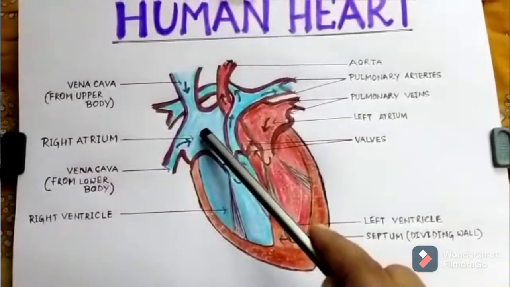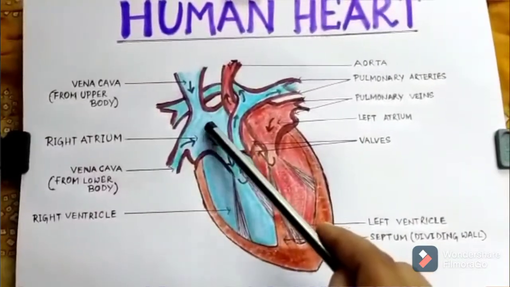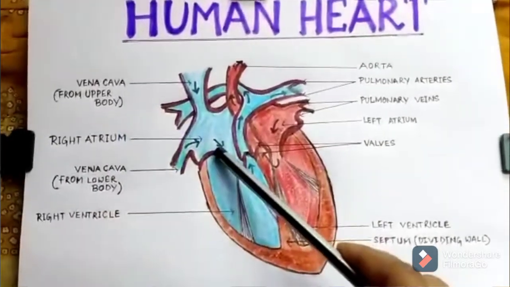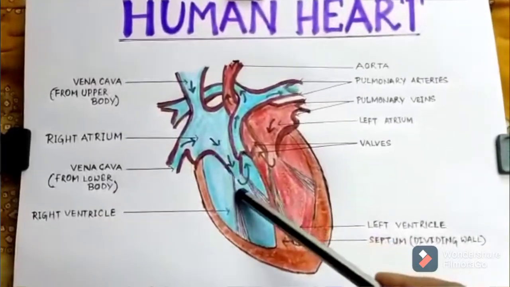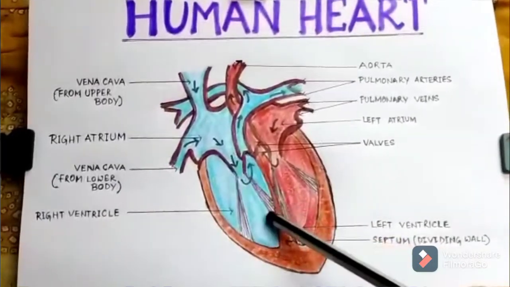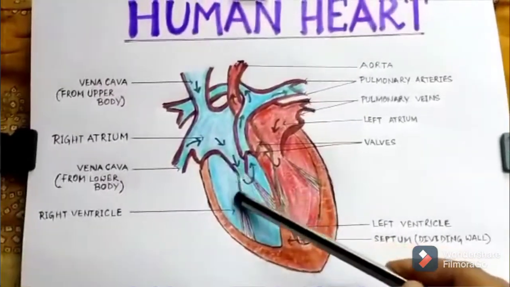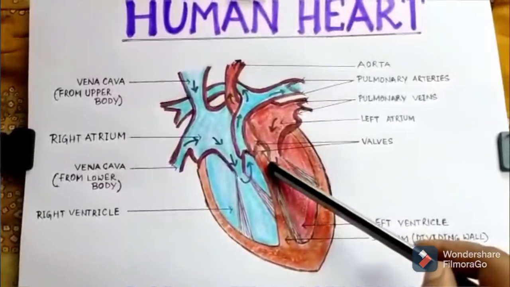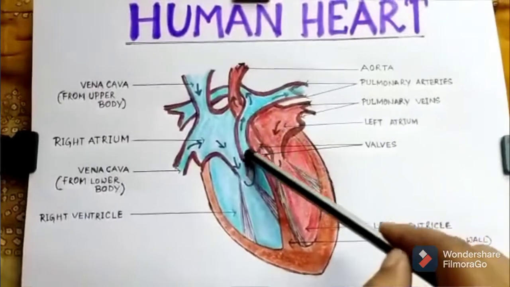Right atrium will contract. Okay, and remember, when right atrium receives the blood, it is in a relaxed state. From whom it receives? From those vena cava. After receiving this deoxygenated blood, it will contract and will pump the blood into the right ventricle. Right ventricle is in the relaxed state. Next, right ventricle will contract and will pump the blood, deoxygenated blood, to this pulmonary artery through this valve.